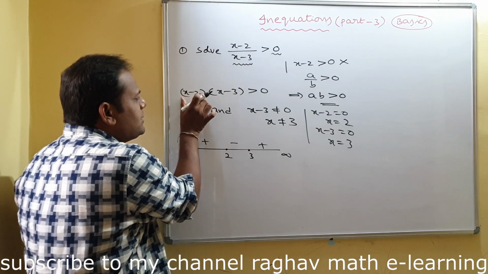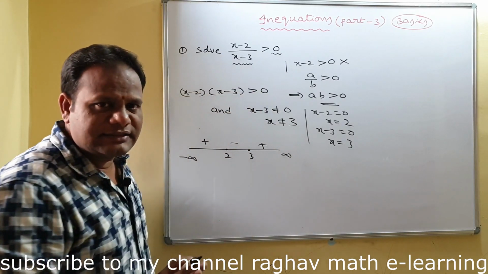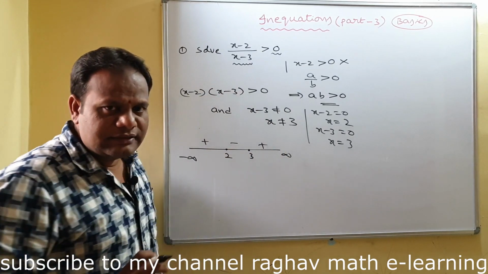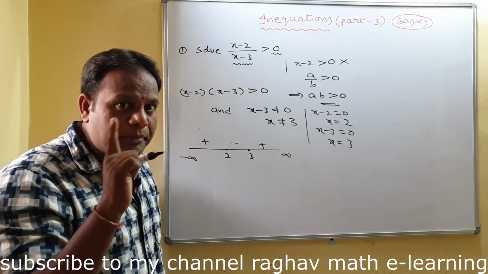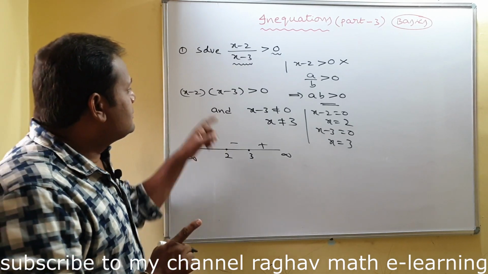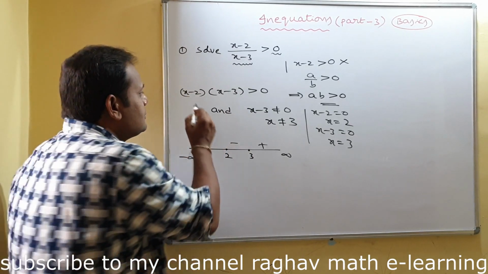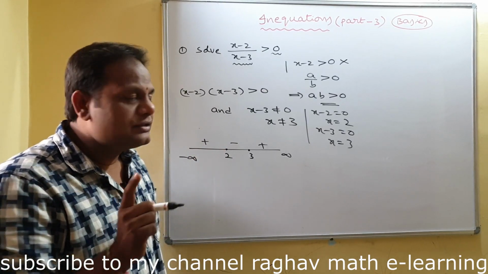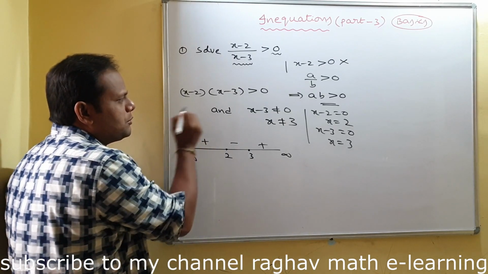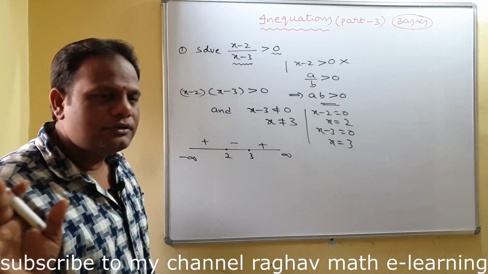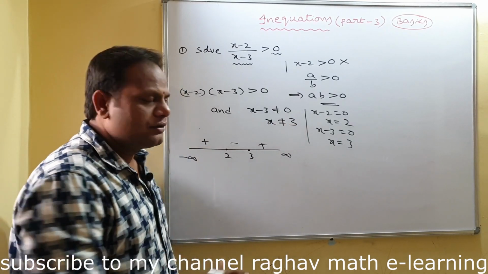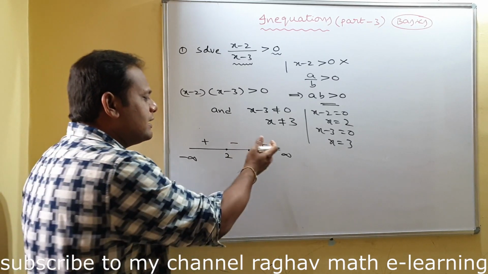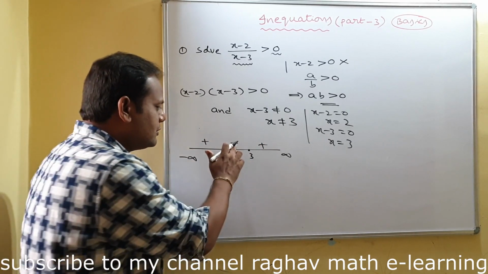So if it is simply x minus 2 into x minus 3 greater than 0, just take the real line, plot the numbers in increasing order, and after that, one more important point is that in every factor the x coefficient must be positive. So here the x coefficient 1 is positive, the x coefficient 1 is positive. So now in the rightmost interval you take the positive sign, blindly you can take that, it is correct. And change the signs alternately, so negative, positive.